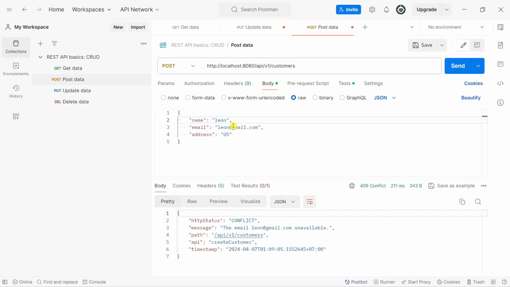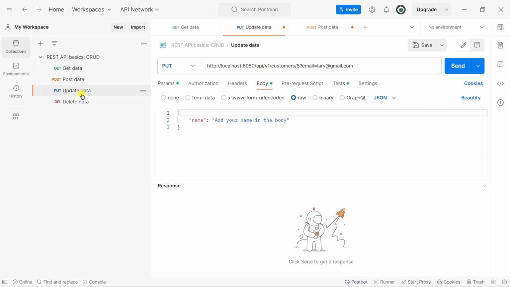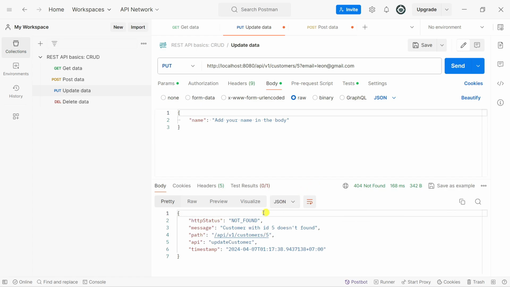Within Postman, let's go to the put request. I would like to update customer number 5, and the email is leon@gmail.com. Click on send. Now you can see for the business logic check, the customer not found exception is returned for us here, with HTTP status not found, the message, and the API is from update customer.